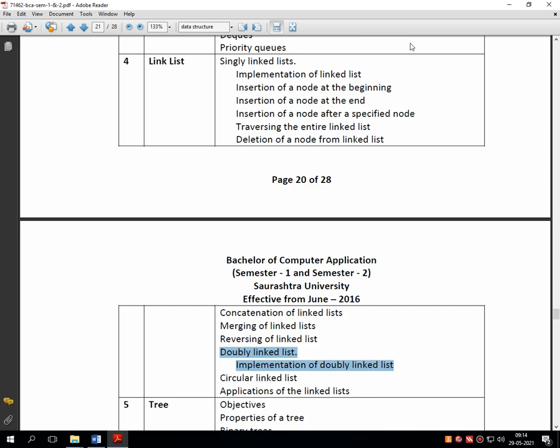As you can see on the screen, the selected topic we are going to discuss is called double linked list, and we will implement double linked list with all its operations, which are common like a single linked list, meaning creation of double linked list, insertion of a new node at first position, insertion of a new node at last position, insertion of a node based on location, insertion of a new node based on information, and all the delete operations.